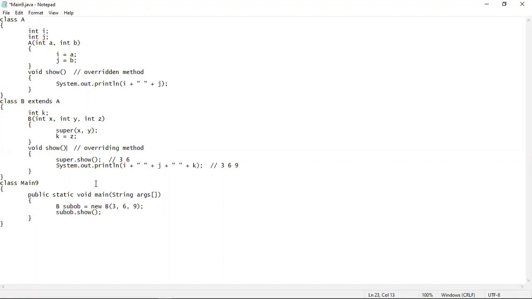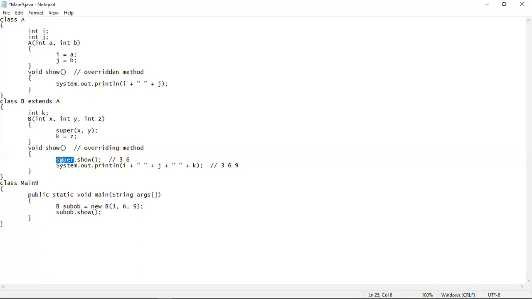But here, if you don't want to create another object, if you don't want to waste your memory, then you can easily call the superclass method using the super keyword from inside the overriding method or subclass version of the method in order to access the overridden method. So here the super keyword will be of use in order to call the overridden method.